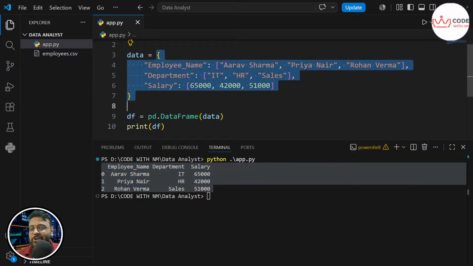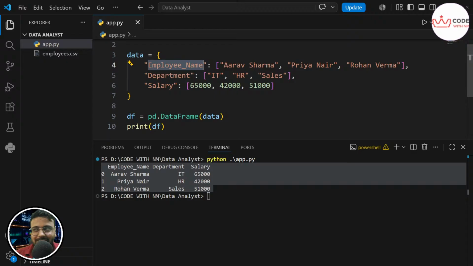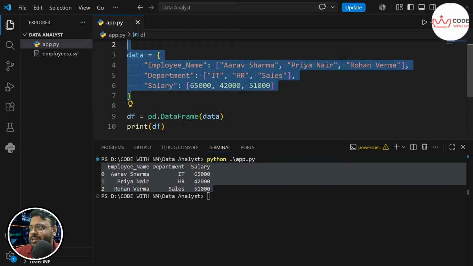I was waiting for you all to identify the collections because it's equal to curly braces. The employee name is the key, and this is the value. The department is the key, and this is the value. You are smart enough, clap for you for identifying that the data set is in a dictionary format. Tamin is the one who identified it quickly and correctly.